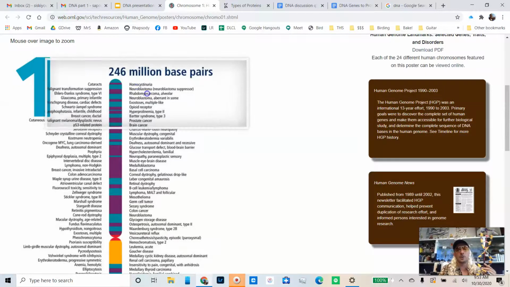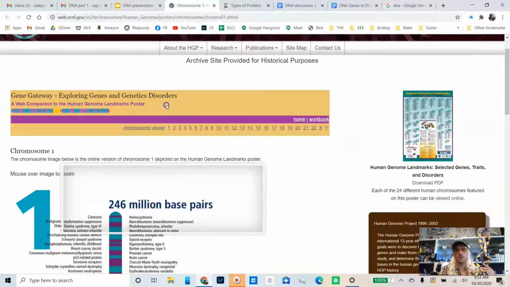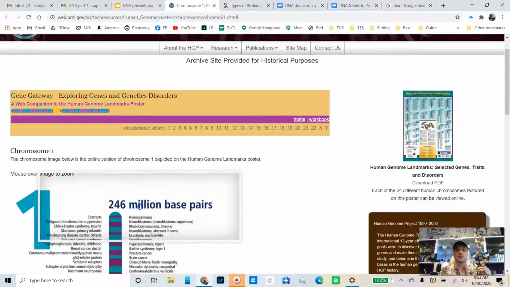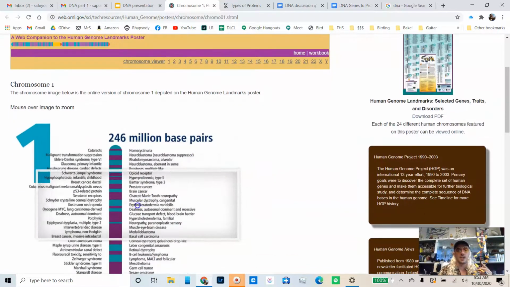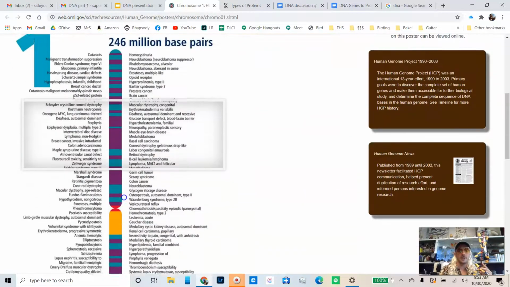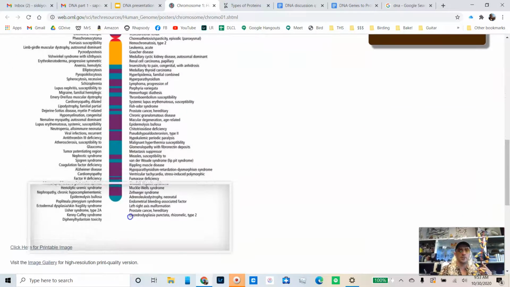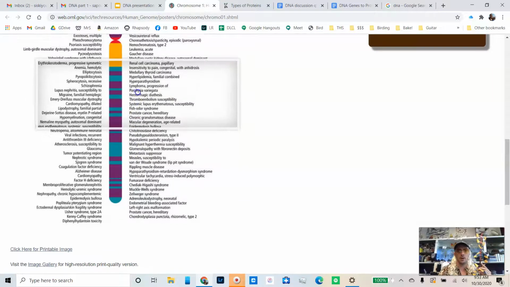Looking at this, you could scroll down. Each one of our chromosomes, we have 23 pairs of chromosomes, contains different genes. And they're numbered in order from 1 to 23, from the longest to the shortest. So our longest strand of DNA contains 246 million steps or base pairs, which we'll learn about next week. And all along there are different genes. And here's all of the different genes that are on this one. And there's probably many more on here.